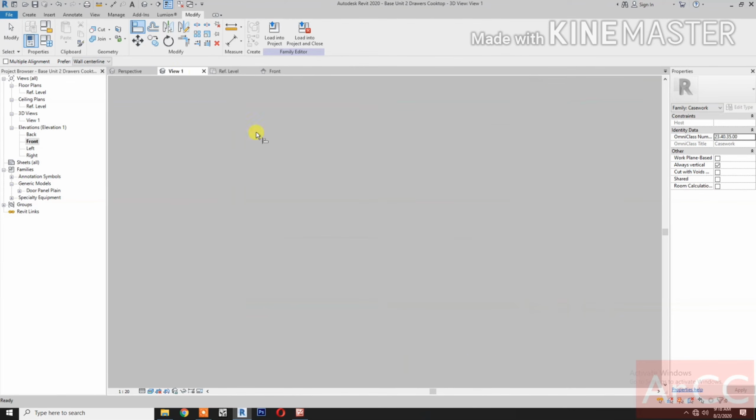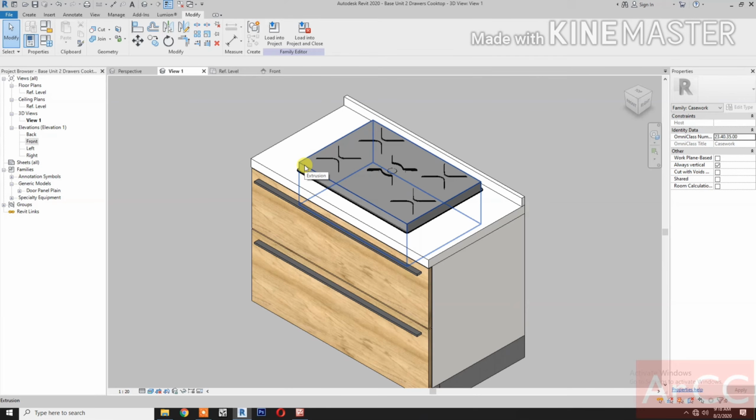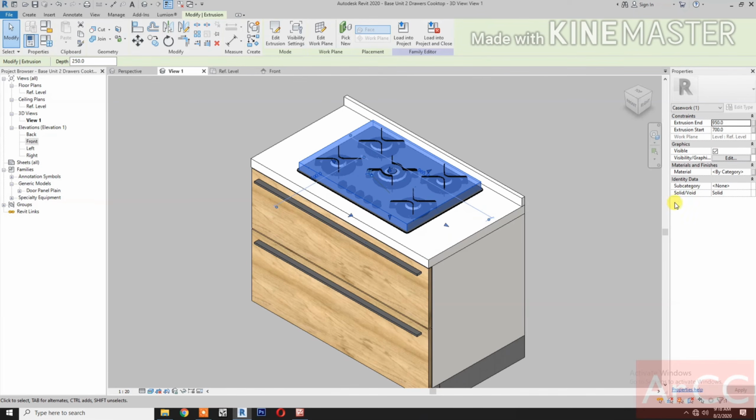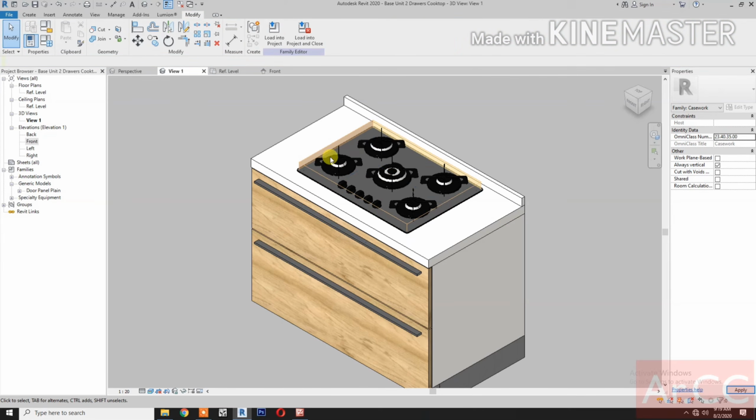Okay, go to 3D view, select the solid, change the solid to void. Okay, select cut, select the countertop, select the void. Okay, then pick, then select the module and select the void. Okay,